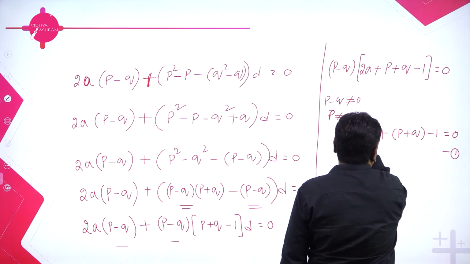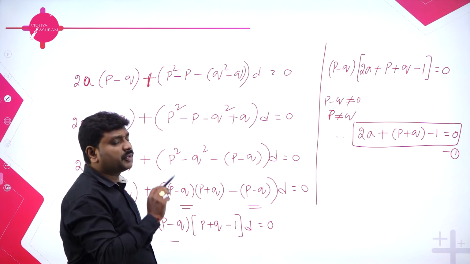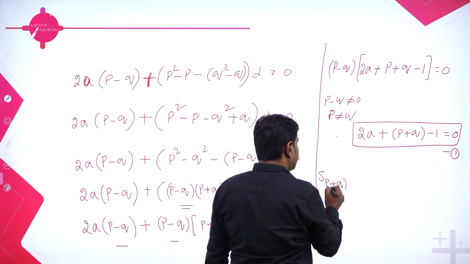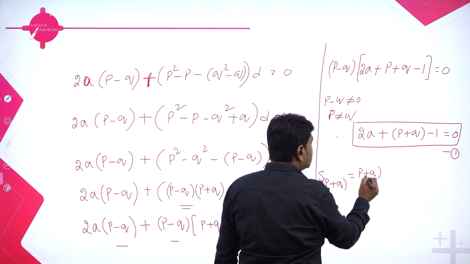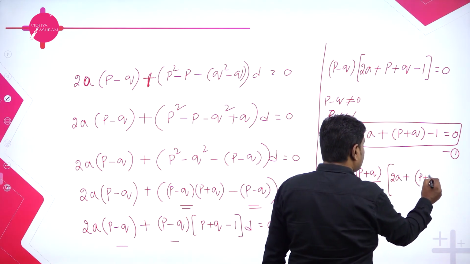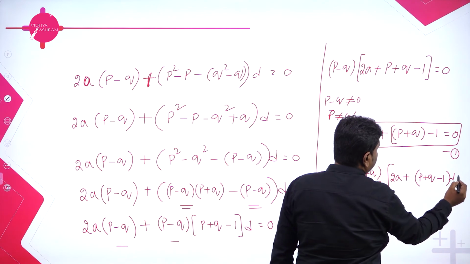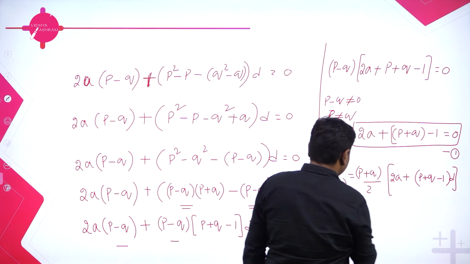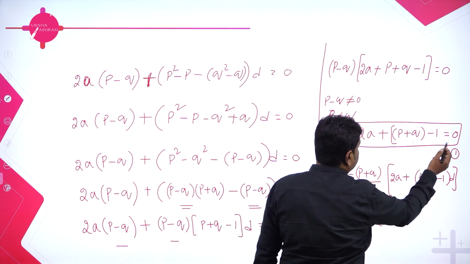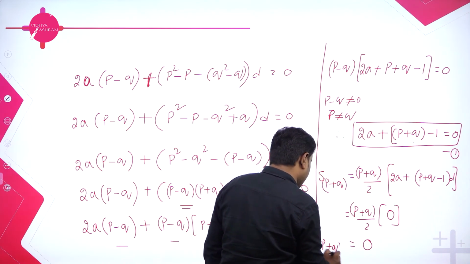Call this equation 1. Now we got an intermediate result which is very much required, but they don't want you to prove this. They want the sum of p plus q terms. What is S of p plus q? With the Sn formula, n by 2 into 2a plus n minus 1 into d, where n minus 1 means p plus q minus 1. So p plus q by 2, we don't know the value, but 2a plus p plus q minus 1 into d, just now we got, is 0. 0 into anything is 0. So the sum of p plus q terms is 0.